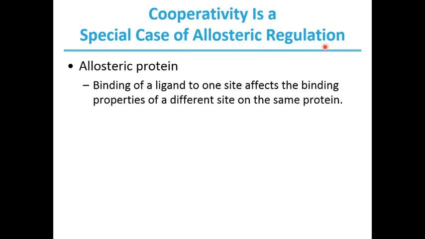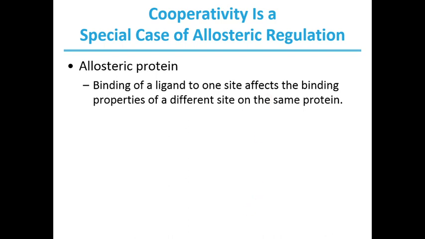Cooperativity is a special case of allosteric regulation. What is an allosteric protein? In the case of an allosteric protein, binding of a ligand to one site affects the binding properties of a different site on the same protein. Right? We briefly talked about this